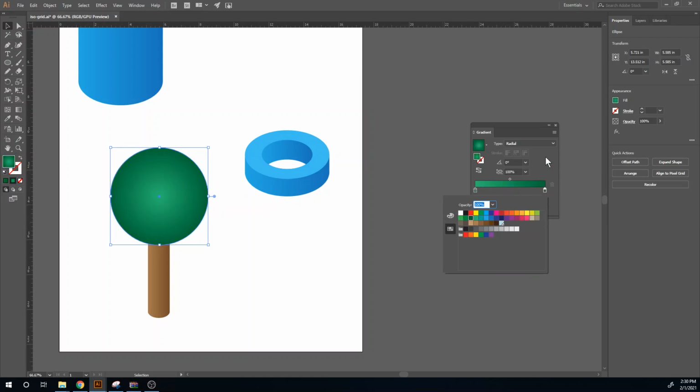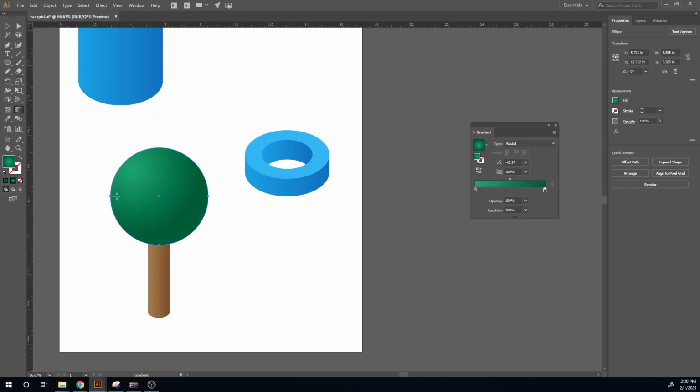And what we'll do here is we'll grab our gradient tool over here. You click on the gradient tool. You may or may not see a little line form here, but what you can do is you can just click and drag where you want the center of your gradient to be. So I want it to be sort of closer to the side over here. So I'm going to click and drag,